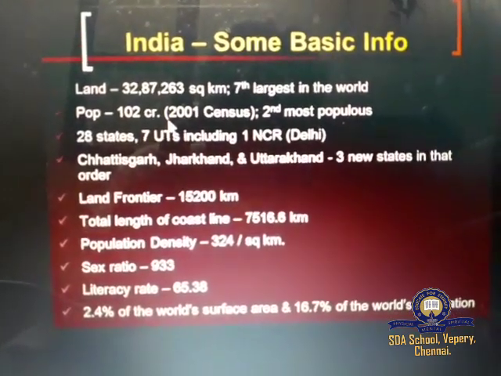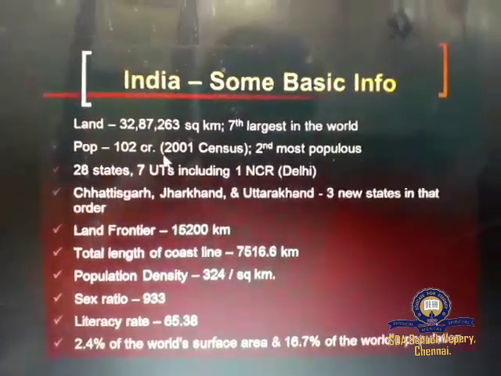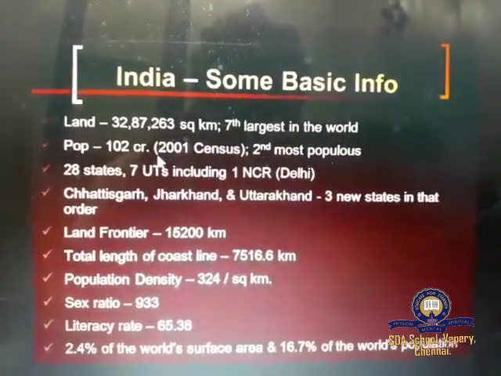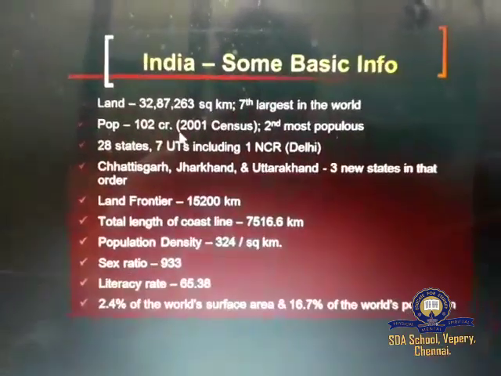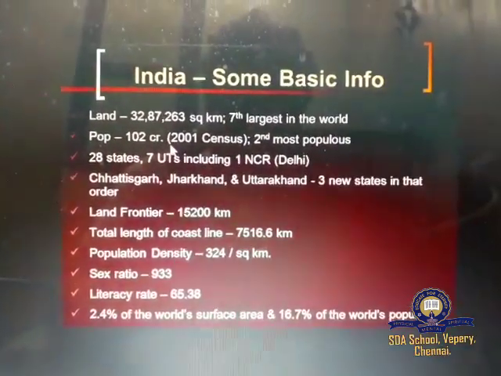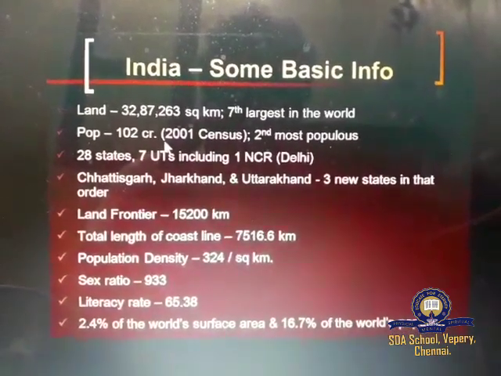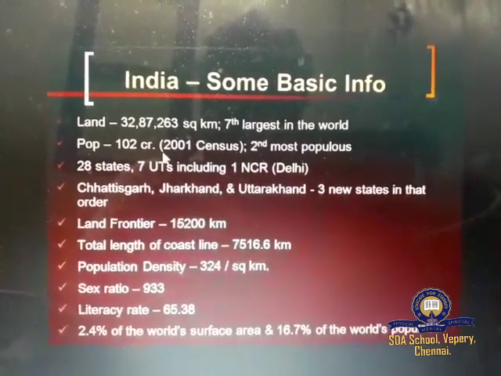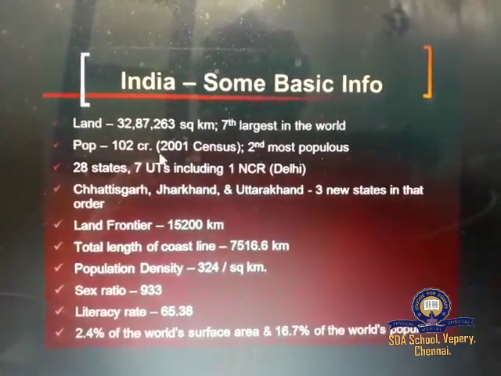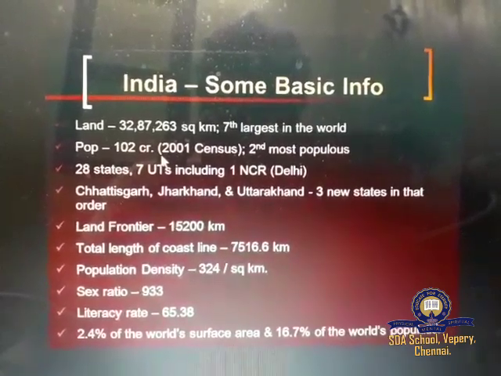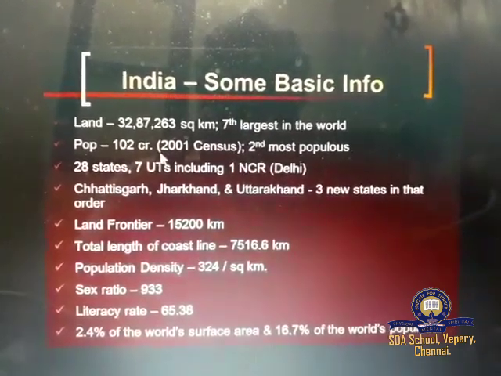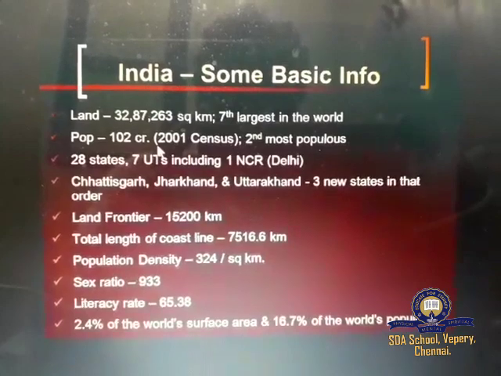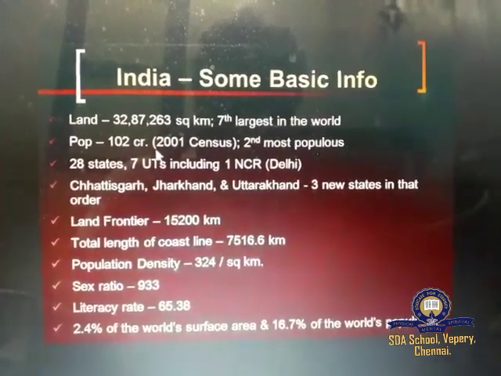India is the 7th largest country in the world and the second largest country in Asia. It forms a part of South Asia and is separated by the Himalayas from the rest of the continent. India accounts for about 2.4% of the total area of the world, with an area of 32 lakhs 87,263 square kilometers. Many of the Indian states are larger than several countries of the world.